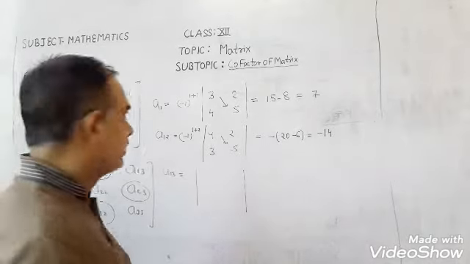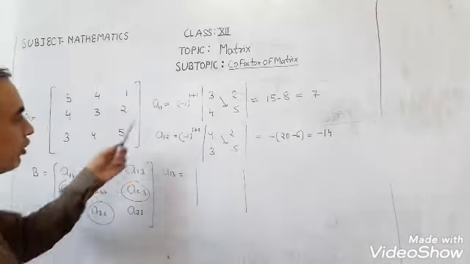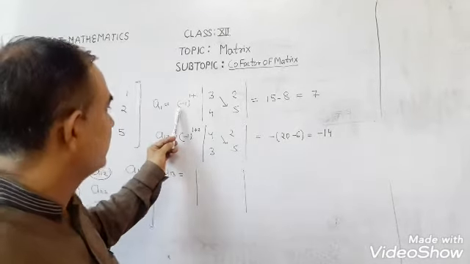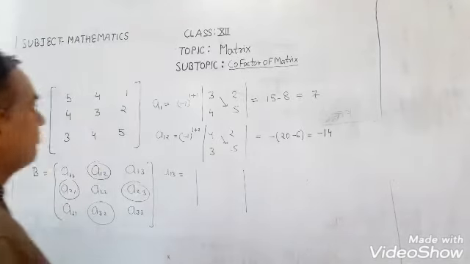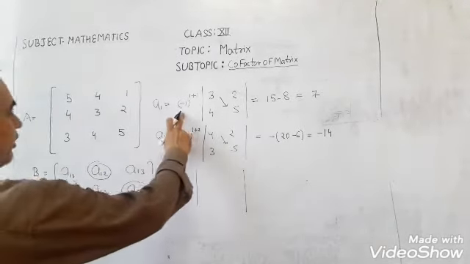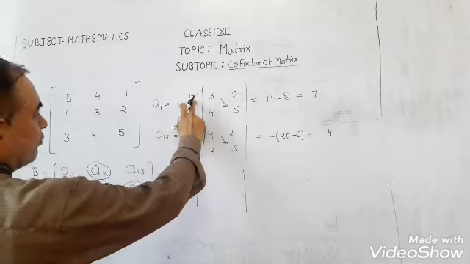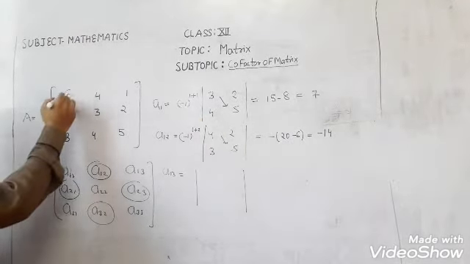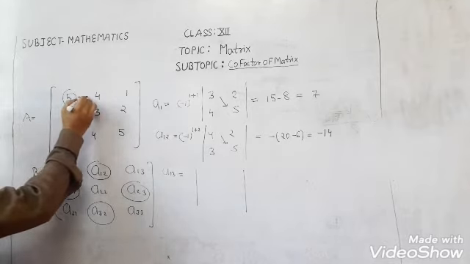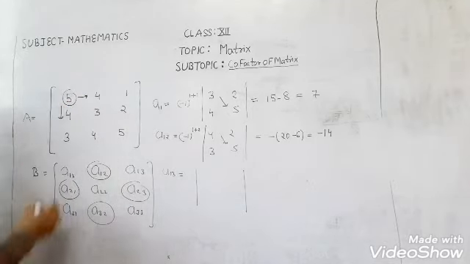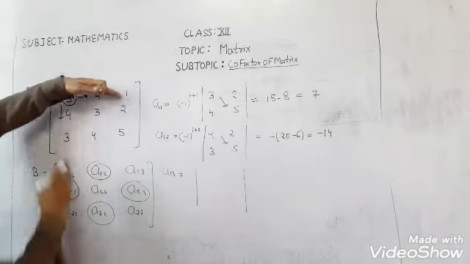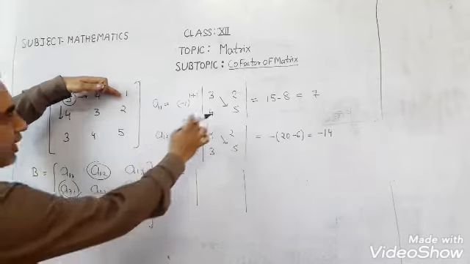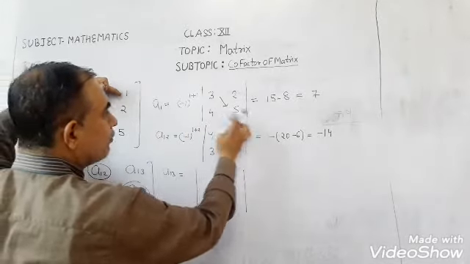Now, how do we calculate it? We have a formula: A11 is equal to minus 1 raised to the power m plus n, where m plus n is the address name. So here it is minus 1 raised to power 1 plus 1. Now this is A11, so we hide this row and this column, and the remaining terms will be 3, 2 and 4, 5. So we write here 3, 2, 4, 5.